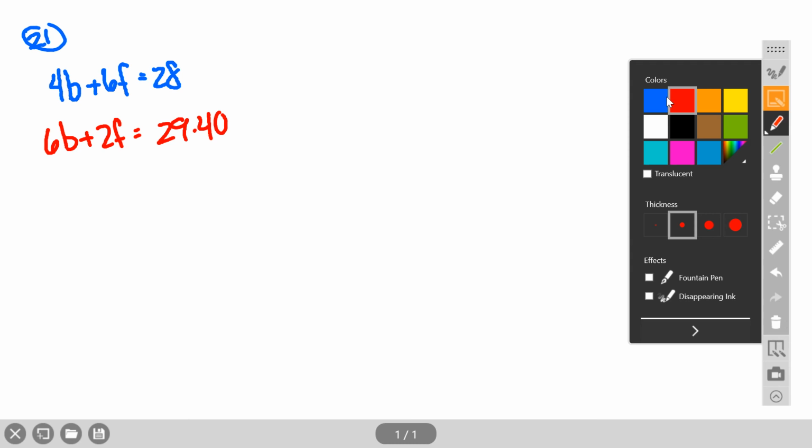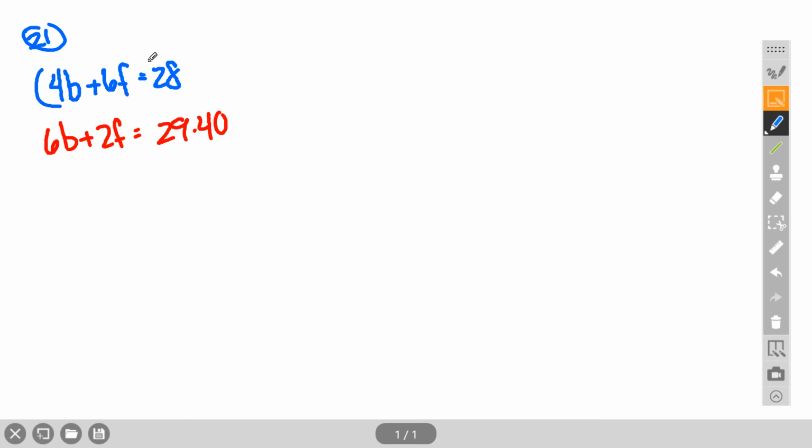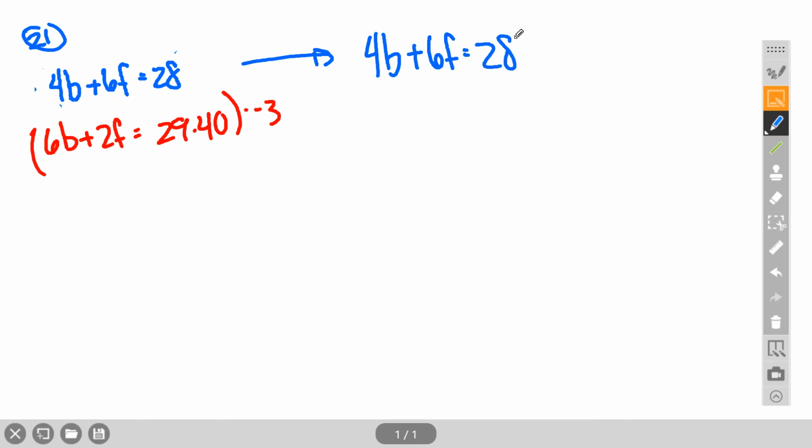All right, so this is once again a simple elimination problem to find the solution. That's probably something easier than doing that, actually. I was going to multiply both the equations, but I think I can get away with just multiplying the second equation by -3. And that might be easier. The first equation will stay the same. 4b plus 6f equals 28. Second equation will get multiplied by -3, so I get -18b minus 6f is equal to, going to definitely need a calculator for this one,